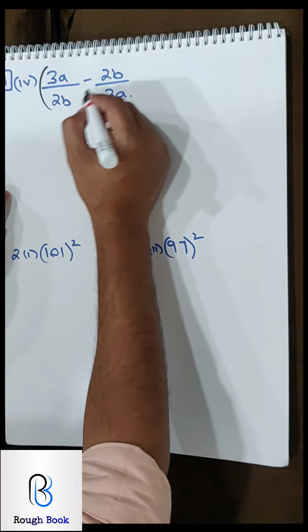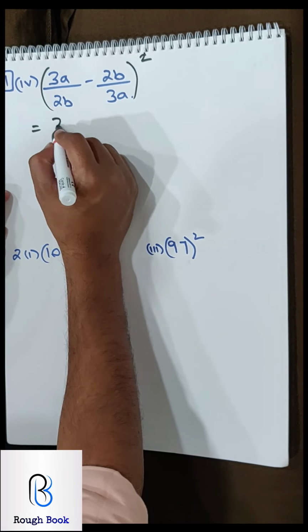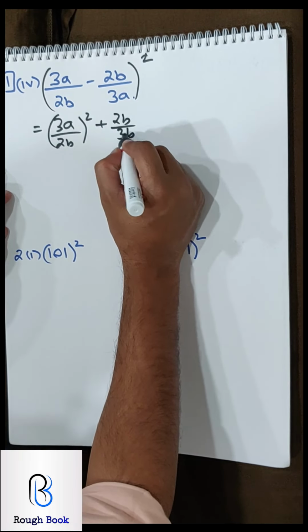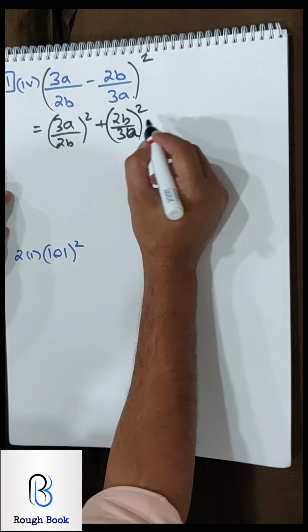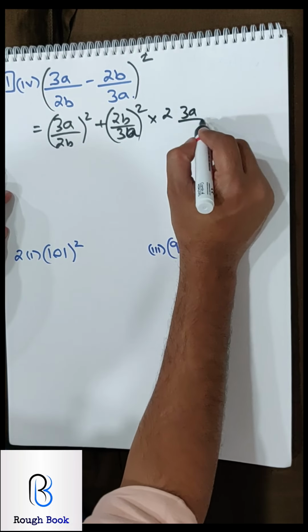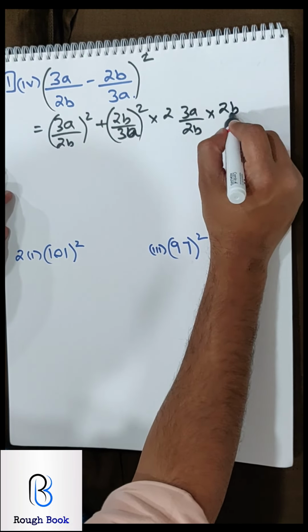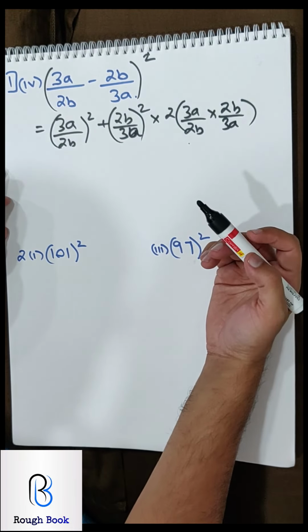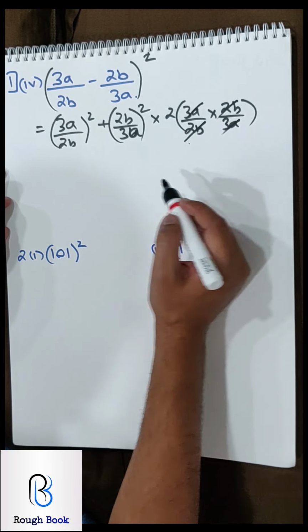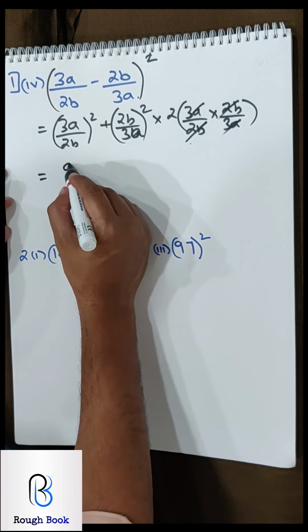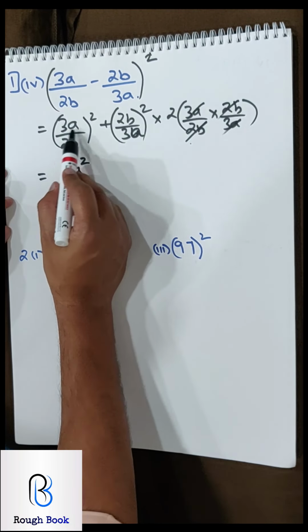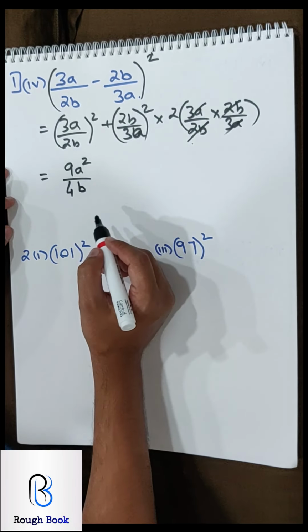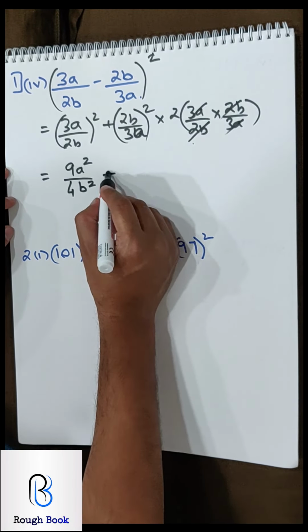1 part 4, square it. So it's going to be a square again plus b square into 2 times ab. Now whenever you have fractions, you need to watch out what can be cancelled. So here obviously all this can be cancelled. 3 square, and a also will be squared. Both terms have to be squared. Don't just square one. Many times I can see people writing 4b only. You will lose marks. It has to be b square.